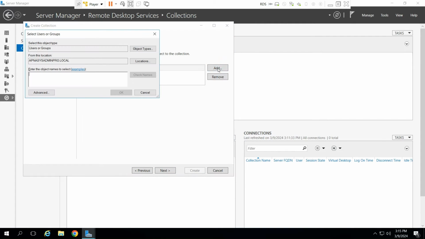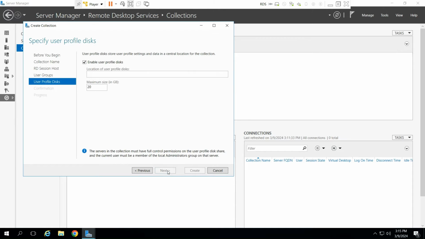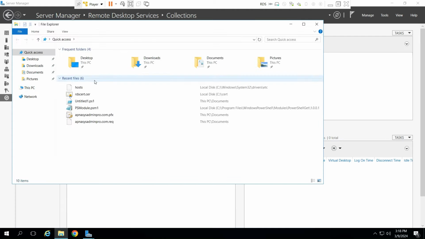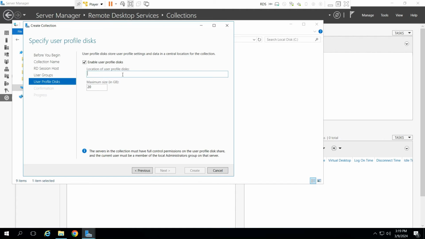we need to add a group. So I have created a group remote app, and I'll remove domain users. Next, enable profile disk, and then we need to give the profile disk location. So let's create a share folder. In production, this location should be on a file server, mostly on a DFS server. Next,